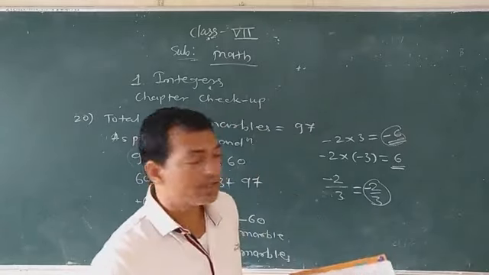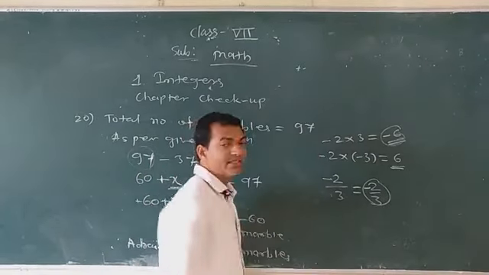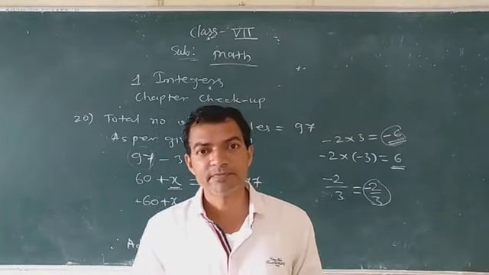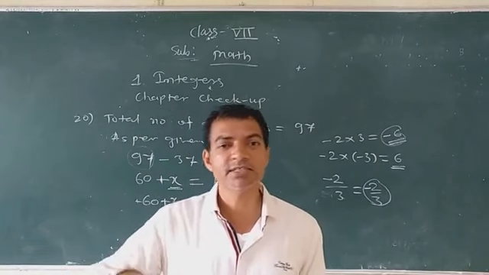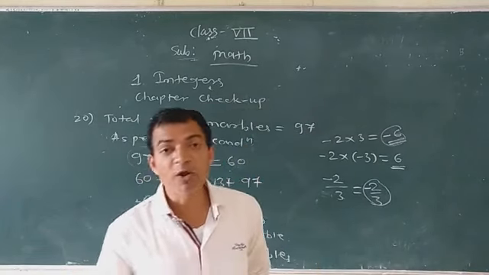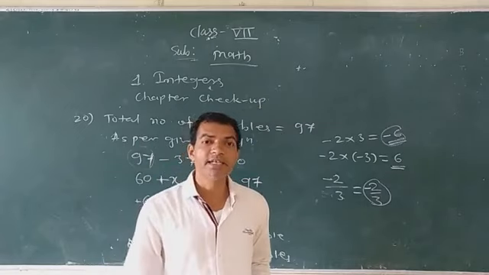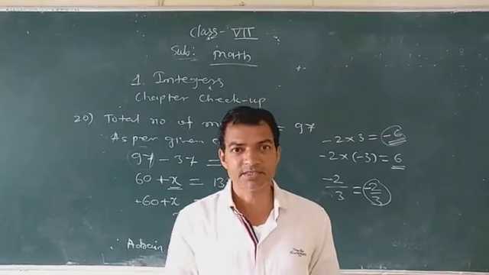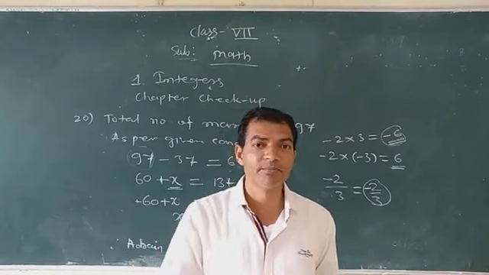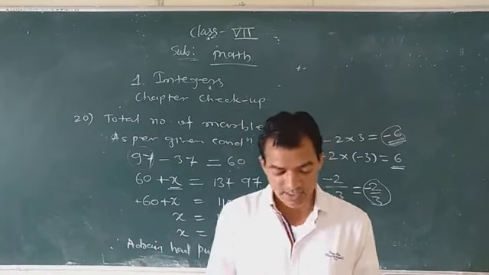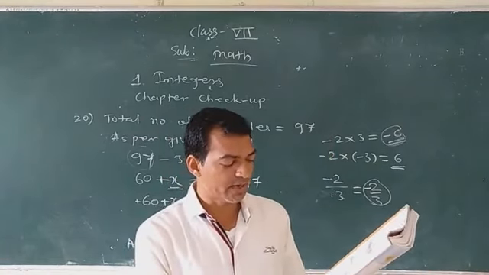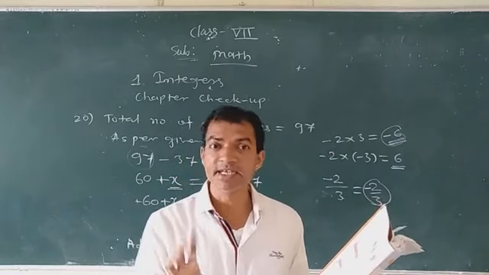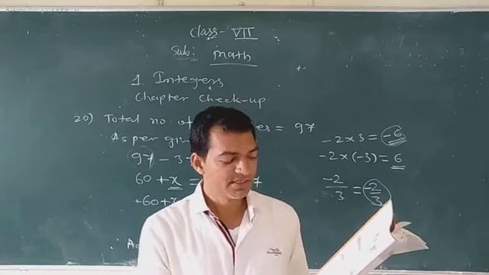Suppose two negative integers are multiplied, you get the positive sign. 3 negative integers means negative sign. 4 negative means positive sign. If the number of negative integers is even, then it is positive, and if the number of negative integers is odd, then the answer is negative. Here, minus 5 into minus 7 into minus 9, 3 negative integers means your answer is negative. And one positive is there, so your answer is negative.